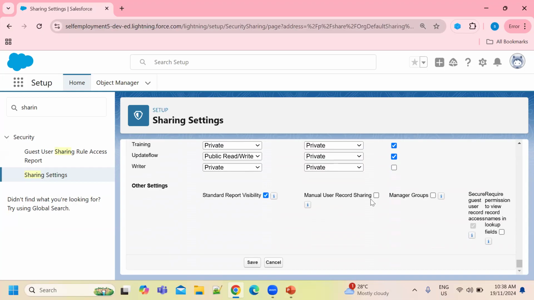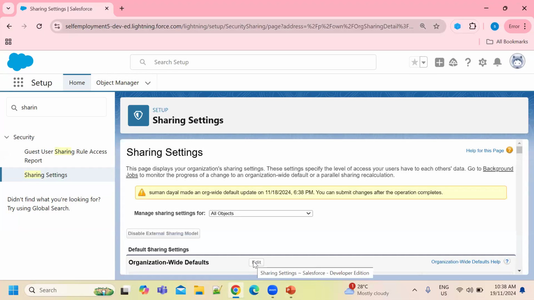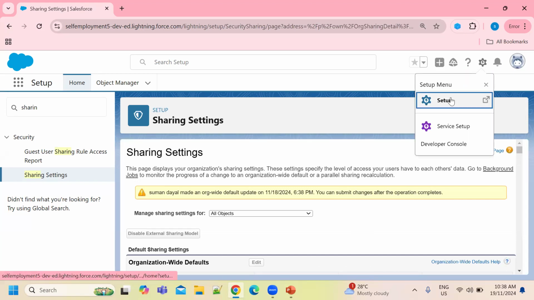To do manual sharing, I need to check this checkbox. Just check this checkbox and click on the save button. So after checking this checkbox, one user can share his record manually with another one, right?